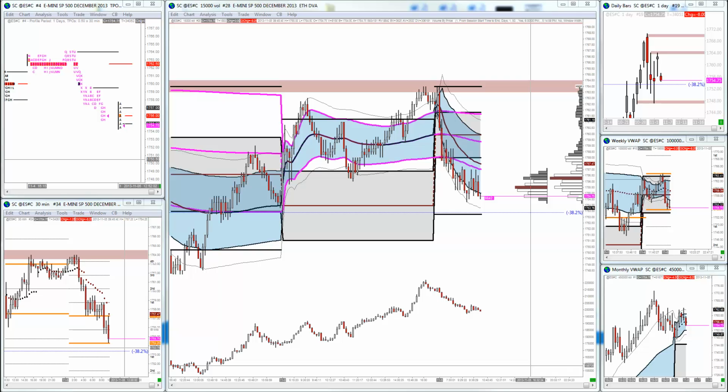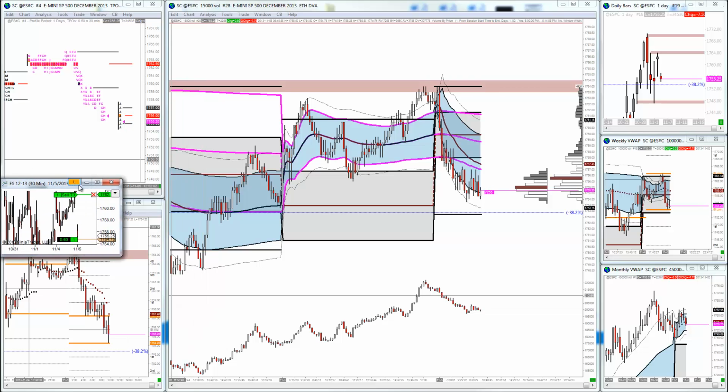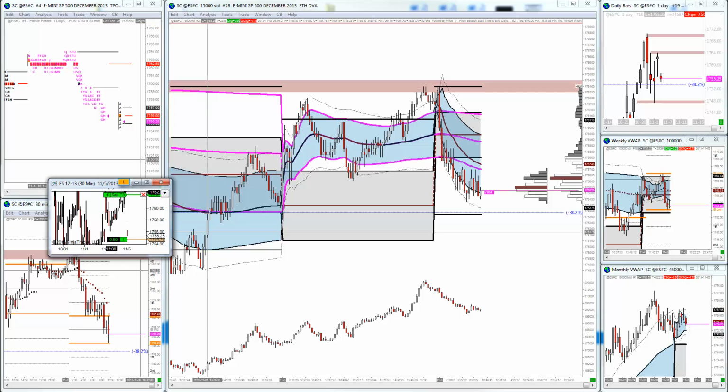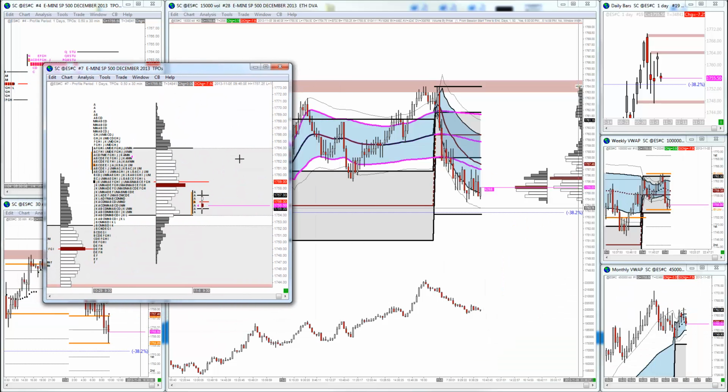Currently I'm in two positions. I'm long the S&P and I'm long crude oil. Both positions I'm fully scaled on and I've protected my core, so I thought I'd update on what I'm looking at here. With my current ES position, we're just basically floating around my entry, but we are at the extreme lows. Basically I've got a TPO composite and we're right at the low of the current value,